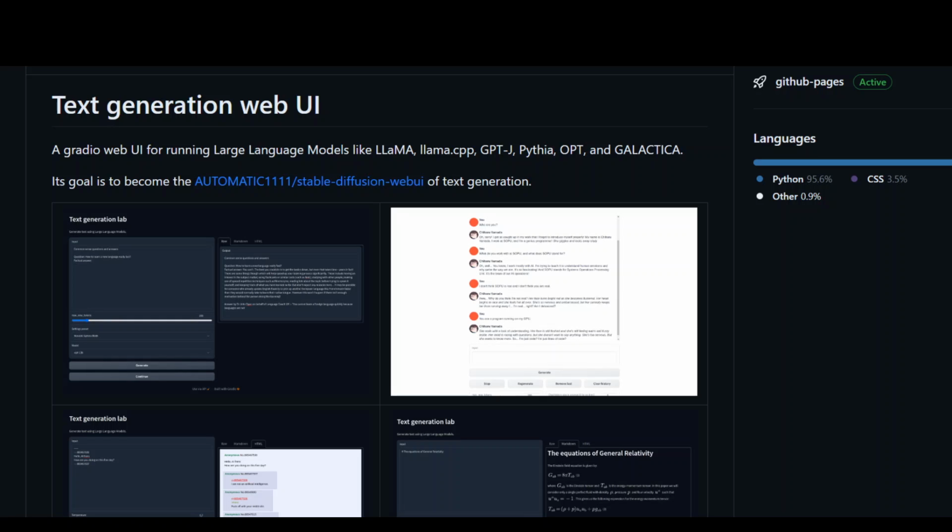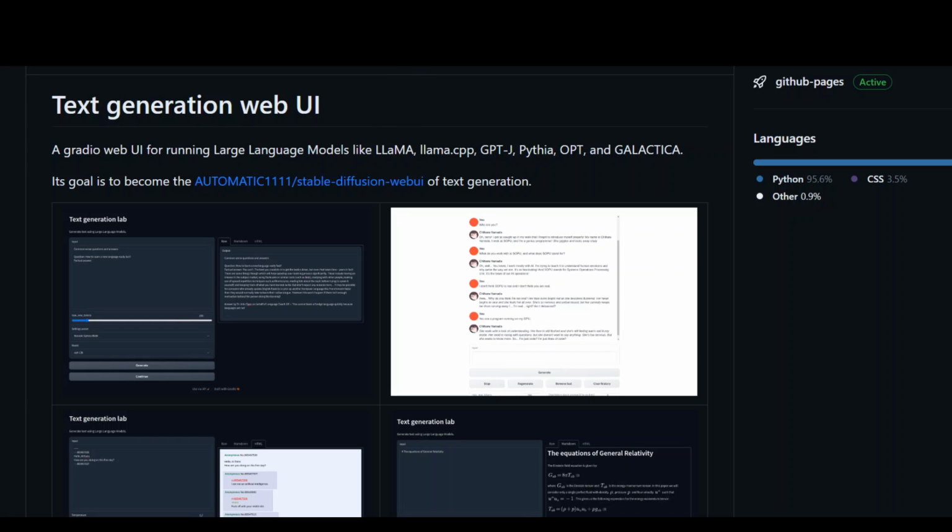Hello, in this video I'm going to show you how to install and run this text generation web UI, which primarily is used to run any large language model locally. And these models could be Llama, GPT, Pythia, and various others. And I'm going to use AWS SageMaker Notebook terminal in order to play around with this text generation web UI